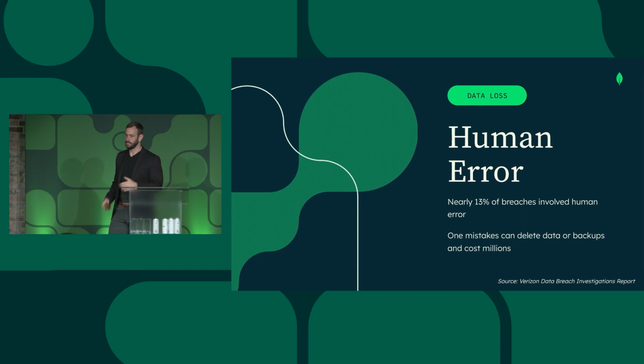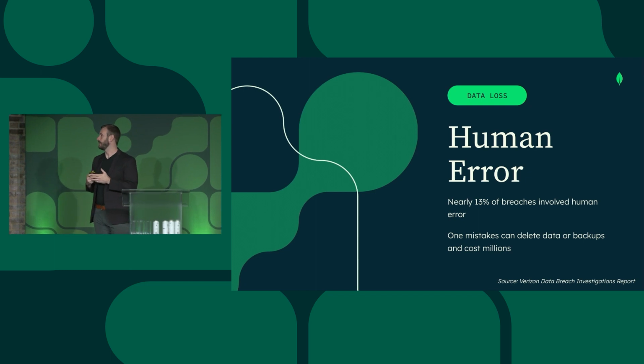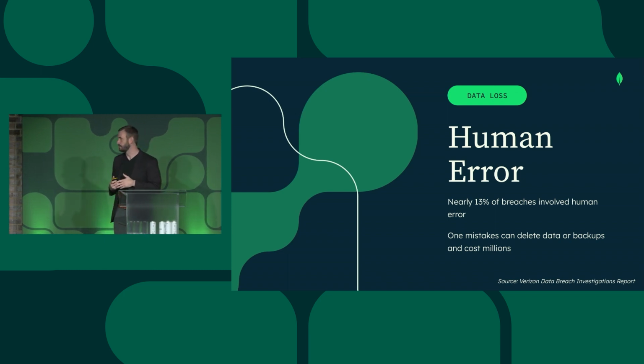The other piece is just accidental mistakes, as I briefly touched on. So it could be deleting the data. It could be accidentally changing something in the system, or maybe purposely changing something in the system that has an effect that they did not expect. So maybe changing the configuration of the cluster has an effect on the overall backups that the developer is not aware of, and maybe it accidentally deletes the backups.